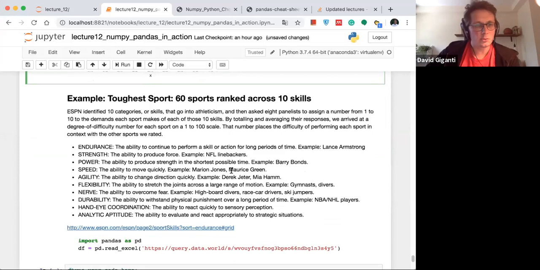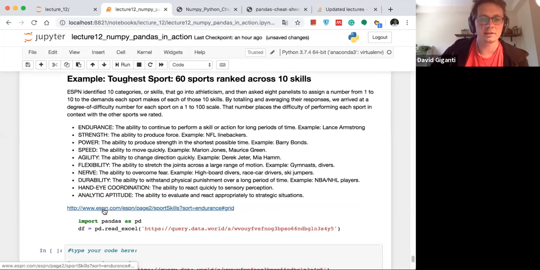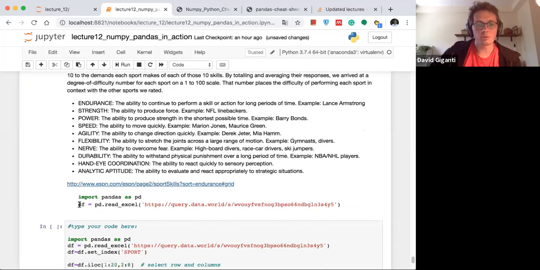So I was looking for an interesting data frame to work with. I don't know if you miss sport or not, but there is no more sport on TV, but still you have the great website from ESPN that contains a lot of data, and you can just, very simply, with one line,